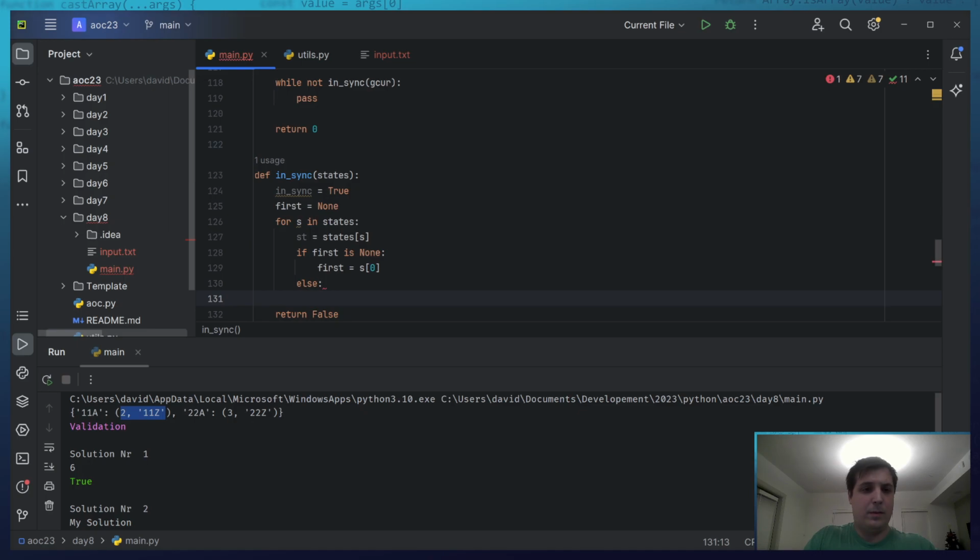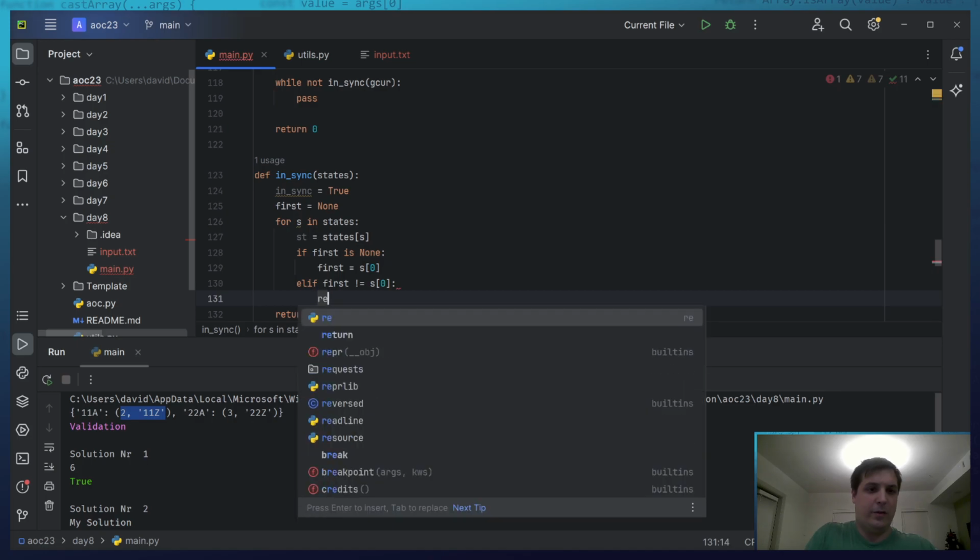Otherwise, elif first is not equal to s0, then in sync, return false.